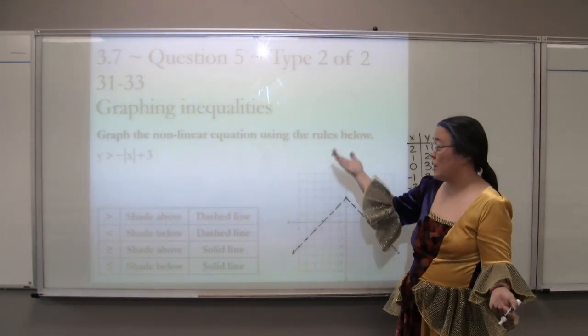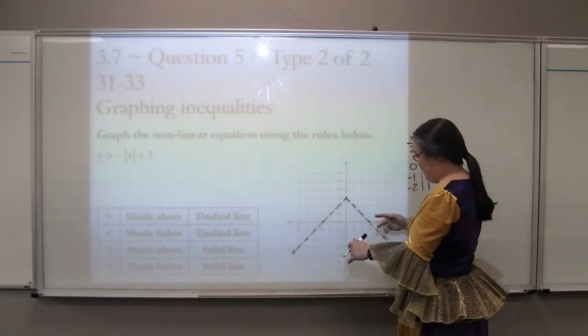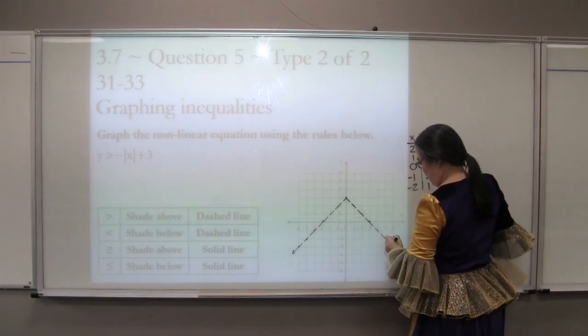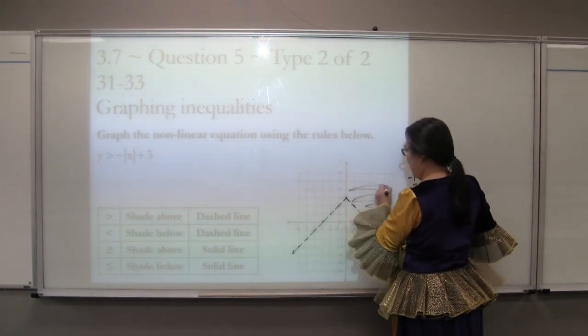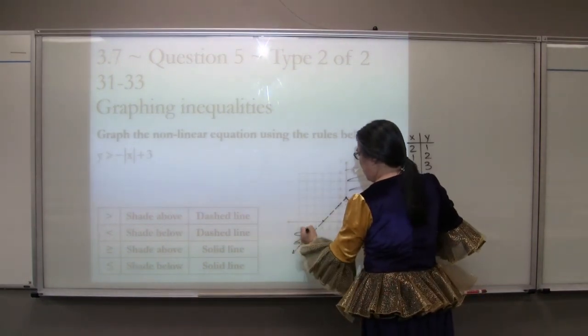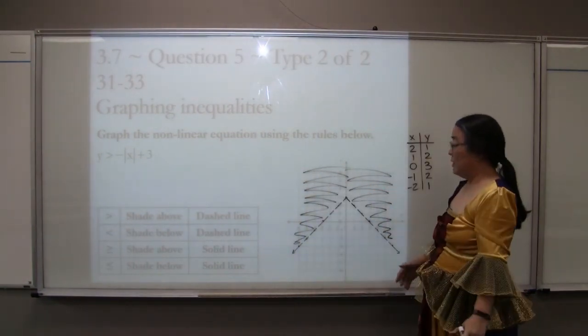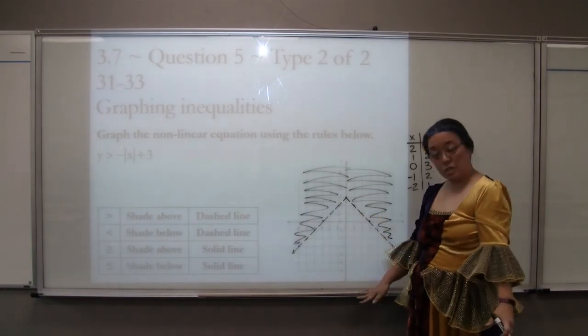Then it says greater than. Greater than is shading above. We're going to have to shade from here up, which means we're going to have to shade coming up this way and coming up this way. All that stuff above. Last time we had less than, in which case we shaded all of it